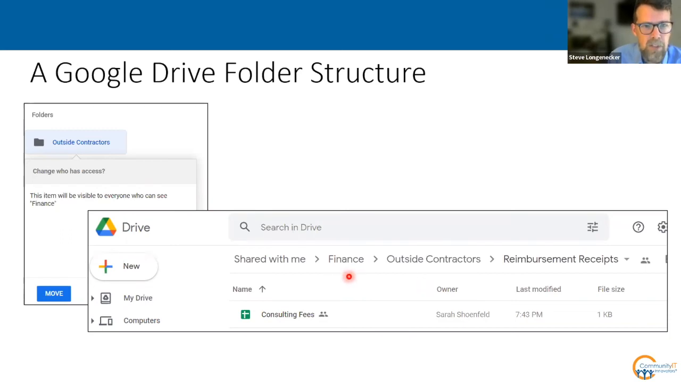So my boss, the CFO, has created a folder called Finance and has shared it with me. My boss owns this folder, but it's been shared with me, so I see it in the Shared with me section. Now, I'm aware that I've already created a folder called Outside Contractors that had in it a subfolder called Reimbursement Receipts, and that was sitting in my drive. I think, this shouldn't be in my drive. This should be in the Finance folder that's owned by my boss. So I drag the Outside Contractors folder into the Finance folder, and it warns me that